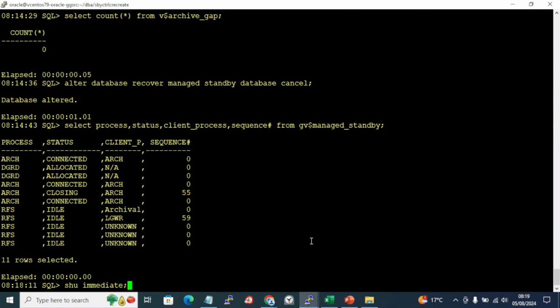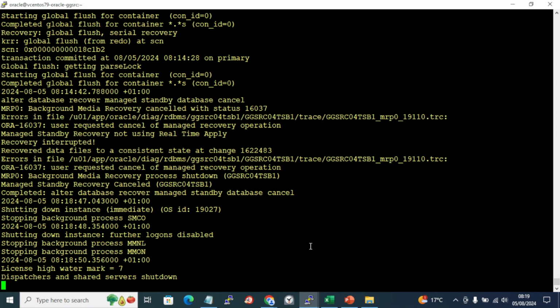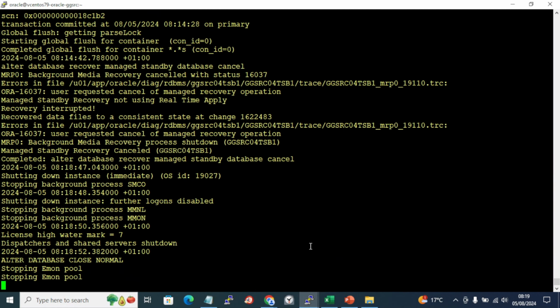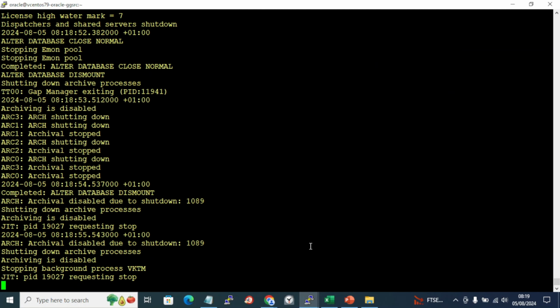Yellow color is in progress, so we'll see. It's going good until now. This is closed, dismounted, and